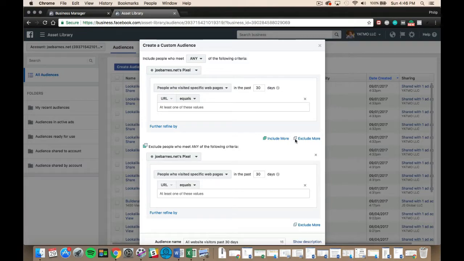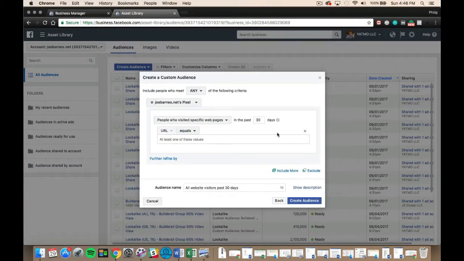The other way is based off the standard events. So if you have all the standard events properly installed on your website, you would select from your events. You would select one of the standard events that occurred before somebody opted in on that thank you page. You could put either lead, view content, sometimes page view, depending on how